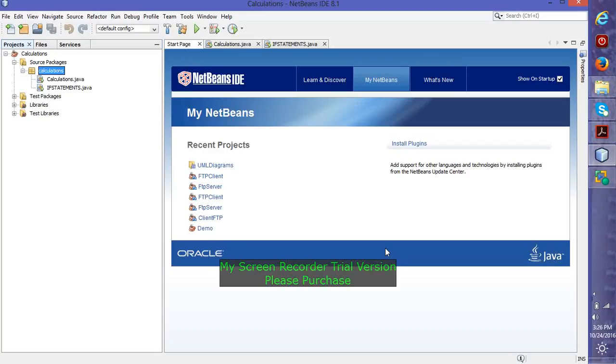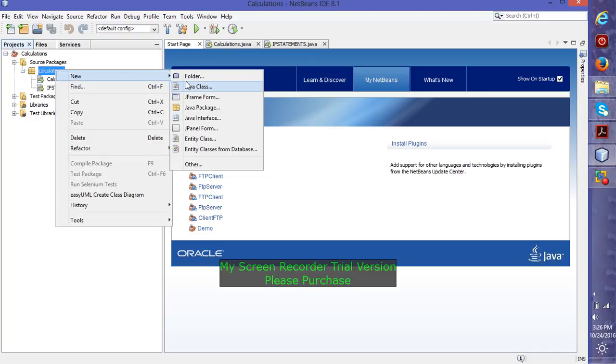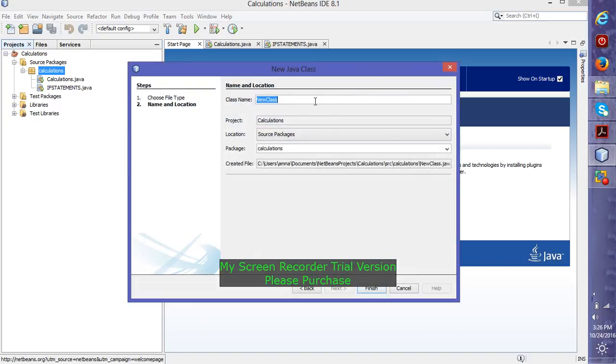Okay, let's start with today's tutorial. Today we will start the while loop. For the while loop, again, I will create a new class. I will give the name